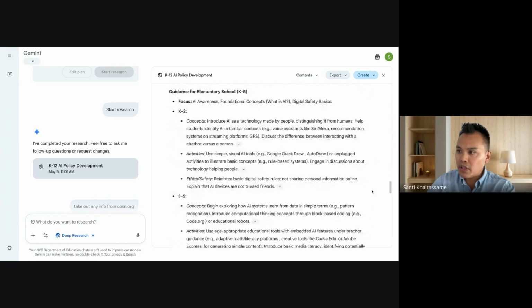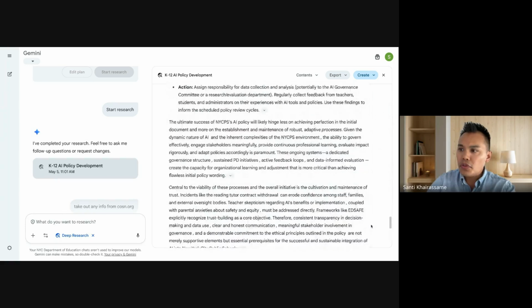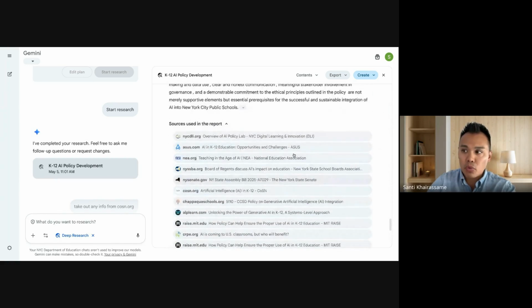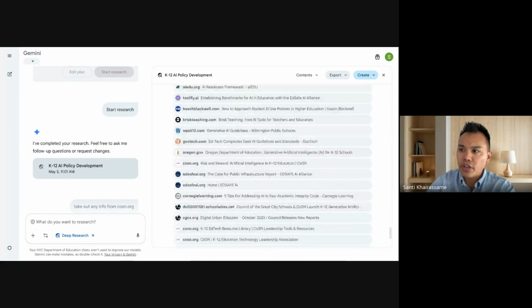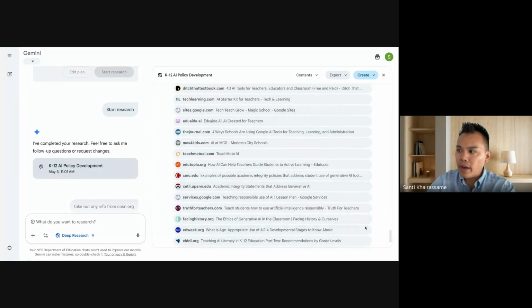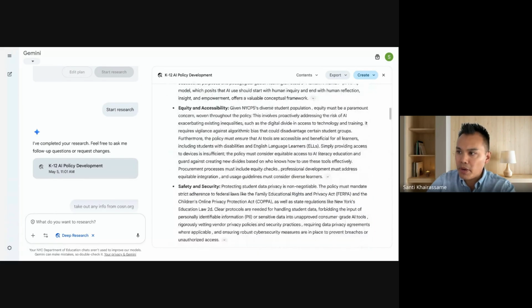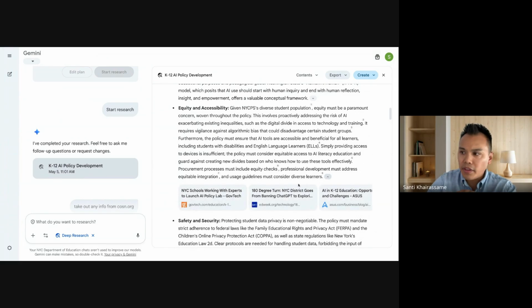I'm going to scroll down here. These are the different websites that deep research used to create this. It's like a 30-page report. It went through like 100 different websites, if not more. And again, what I appreciate about this, so I just scrolled to a random portion of this report. These little arrows, these are citations of where it got this information from. So deep research is an incredibly powerful tool. Okay.